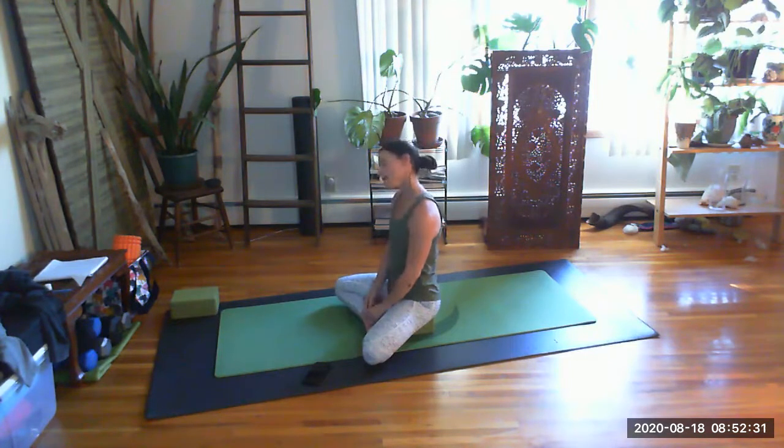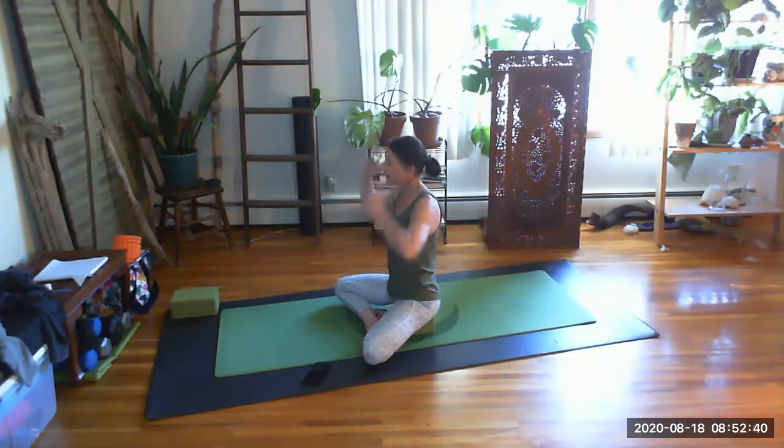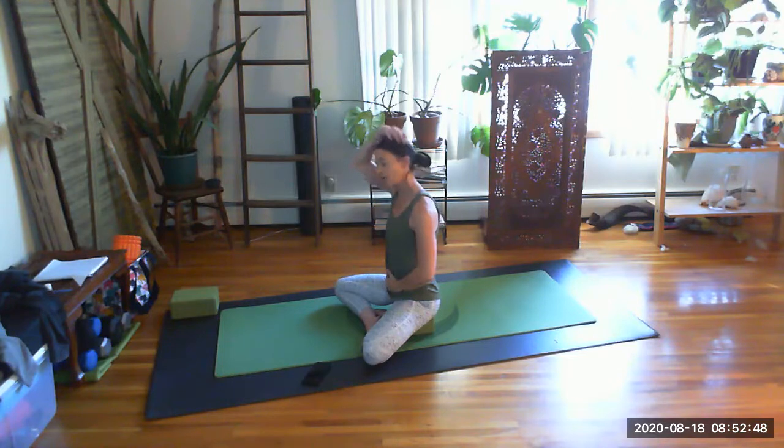Might go side to side with my neck. I might help it a little bit, but I'm still keeping good body position, not forcing anything. Your body will allow you to go into positions when you're ready to. So come back to center. I'm going to go chin to chest, take my right hand, place it on the back of my head,